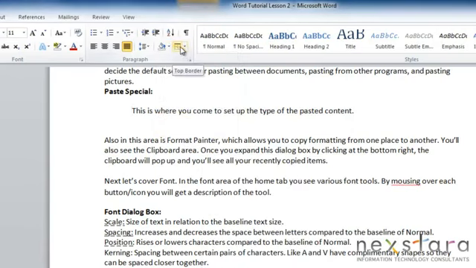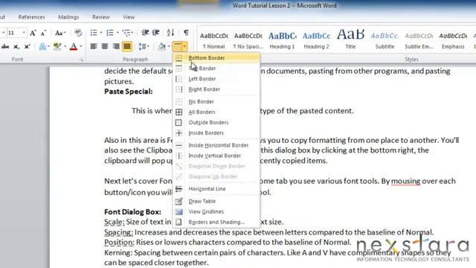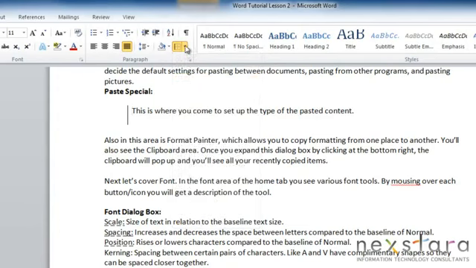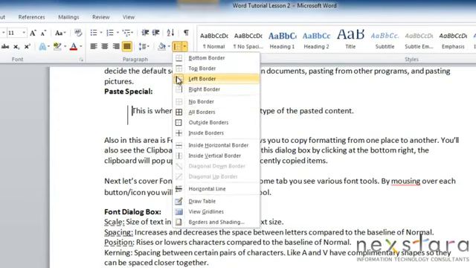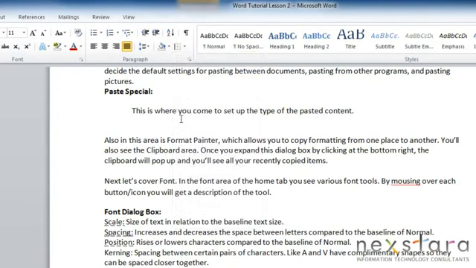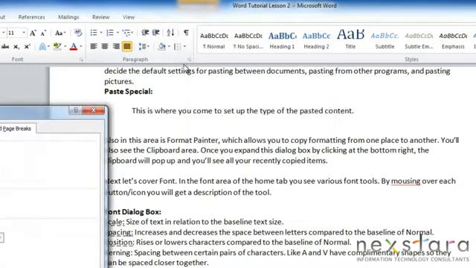This is your border tool, and if you click the down arrow, it will show you all the different borders that you could choose from. So if you wanted a left border, you would just select that, and to undo that, you just reselect it and that'll go away. I also want to touch quickly on the paragraph dialog box, and to pull that up,